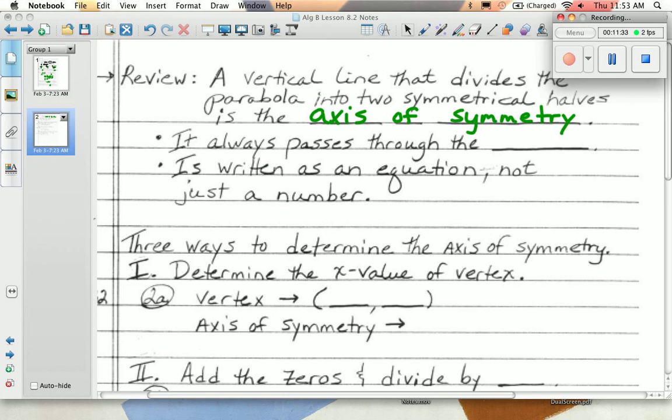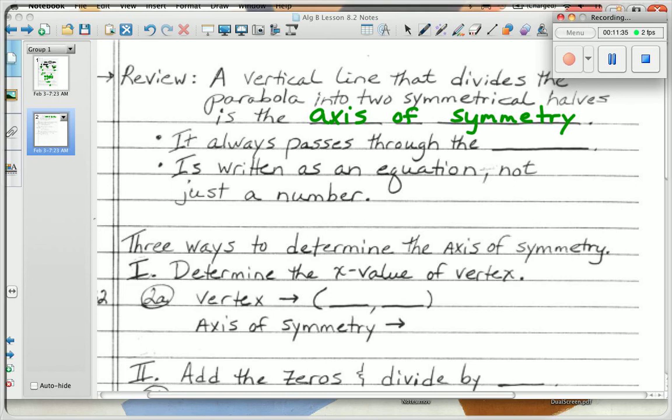Back to work here. Okay, so with the vertical line that's imaginary, that path that goes through any parabola and divides it into two symmetrical halves is called the axis of symmetry. What do you suppose it always has to pass through? The middle. And what's the middle of a parabola called? The vertex. Yeah, it's called the vertex. So it always has to pass